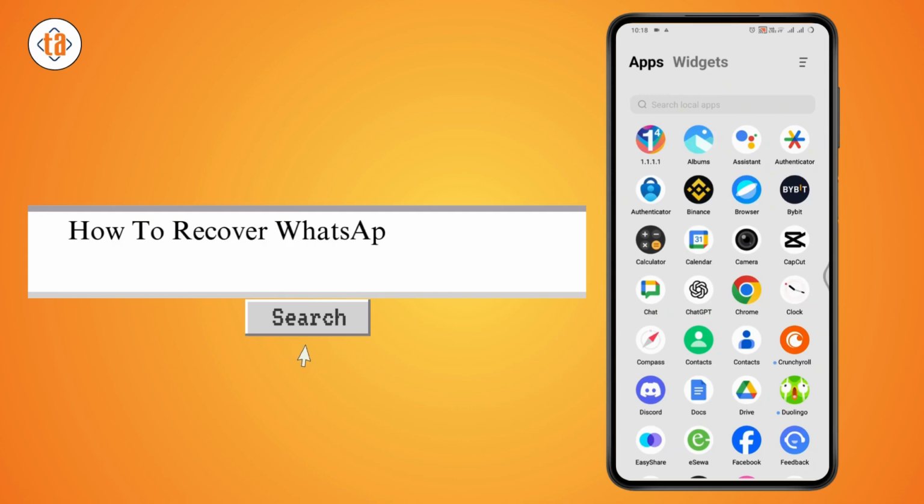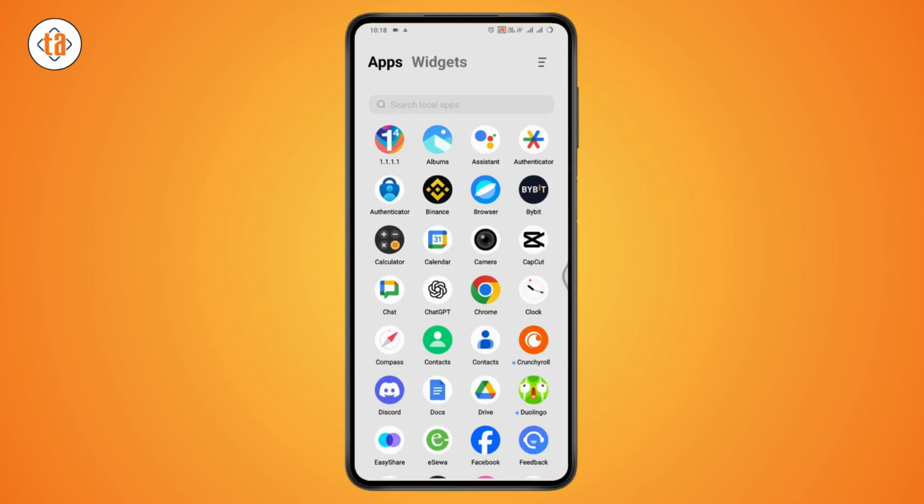How to recover WhatsApp view once photo. So if you want to recover WhatsApp view once photo, then first what you need to do is you just